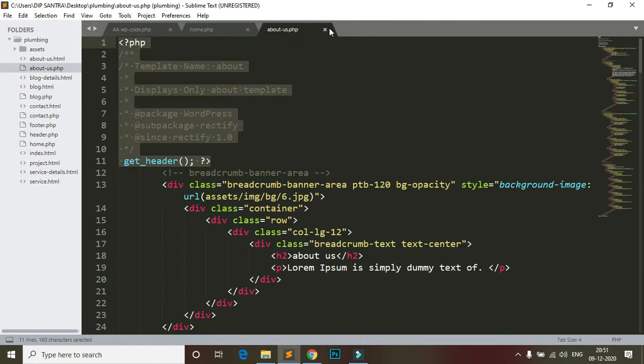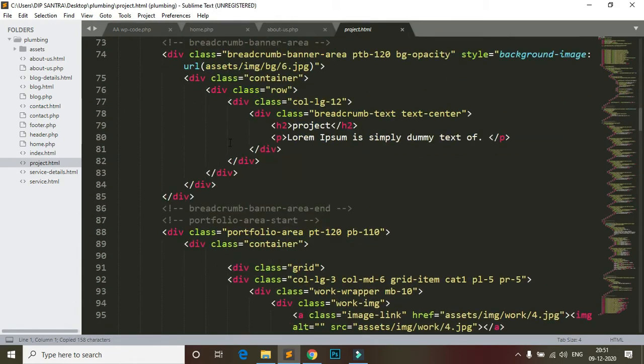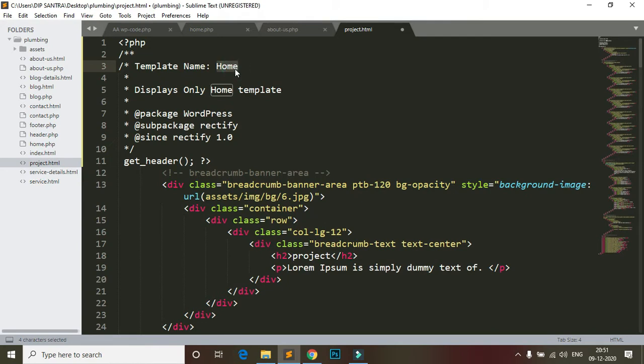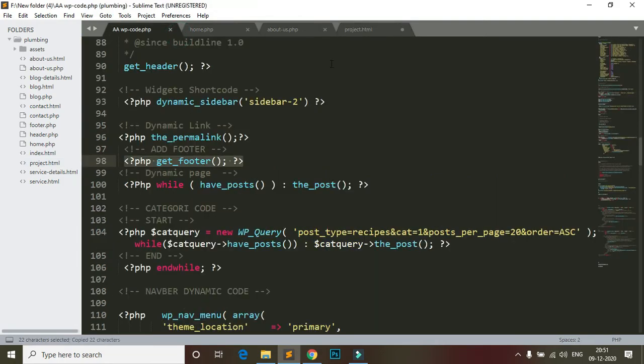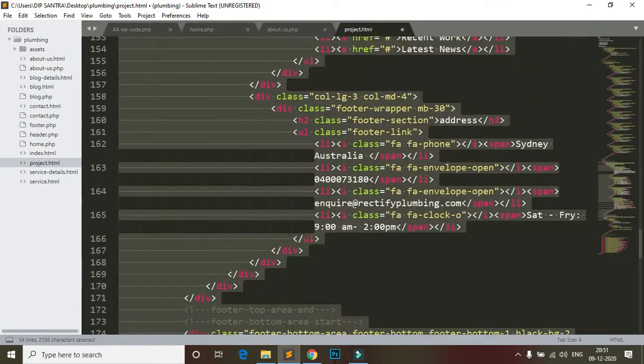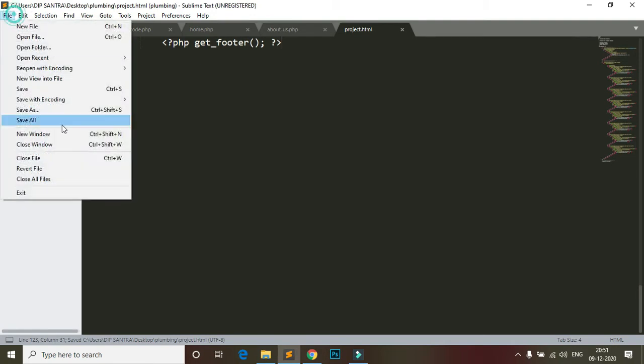So I need only the last ones, project and service page. So this is the project page, sorry, this is the project, change to projects and add footer, and save as project.php.